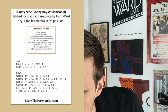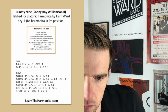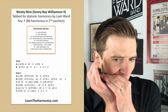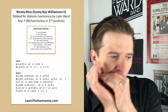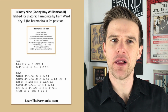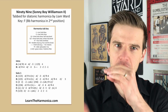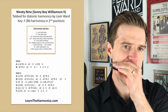But I think he might have slapped one of the previous notes as well. I think the 3 blow he slaps. Yeah. If you do tongue slap, it's a really cool thing to practice, slapping some of the notes. So there you've got the 3 blow slapped, the 3 draw when you come to it isn't, but then the 4 blow is. And that's